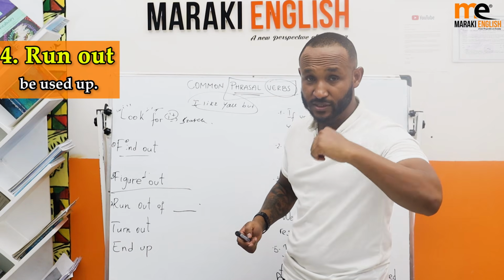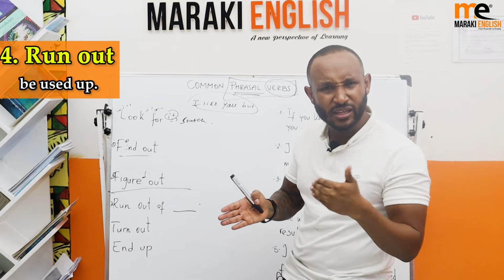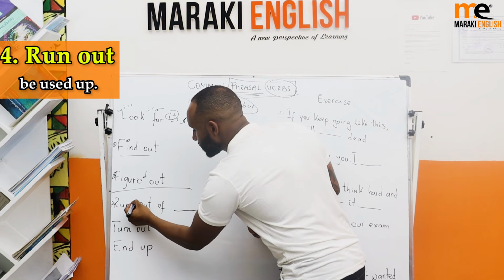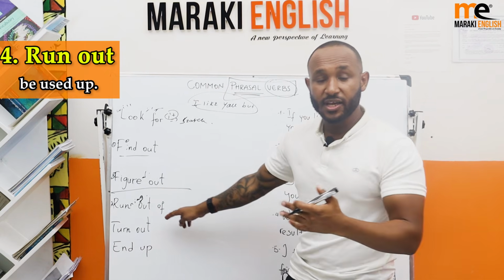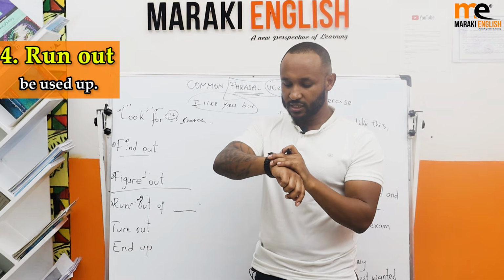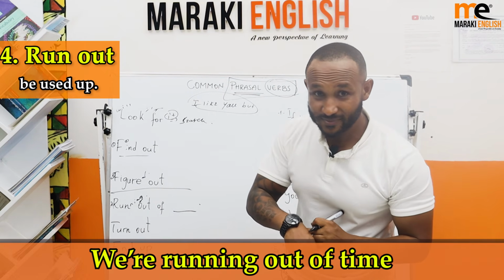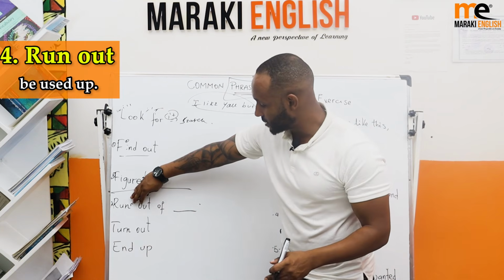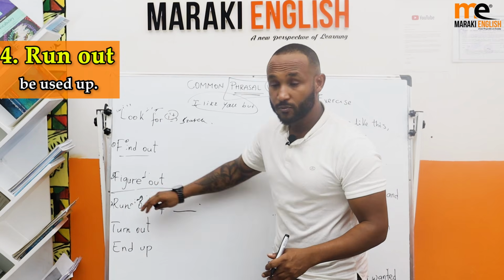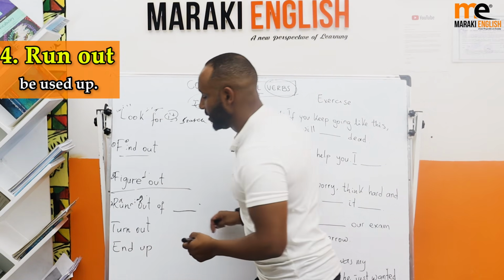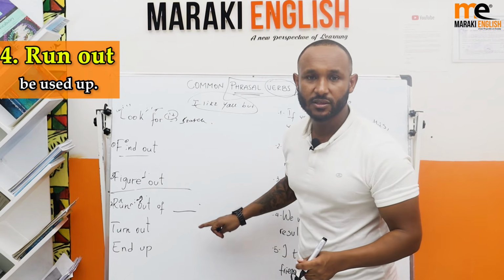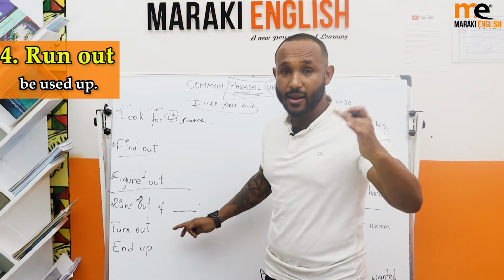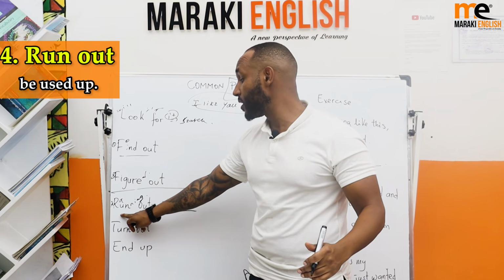If it's present continuous, if you're finishing it, but not all the way, you can say running. I'm running out of something. Oh, look at this. We're running out of time now. Good. Running out of something. Past, run out of something. Okay? Like this, change to N. So ran out of something. I ran out of money. I ran out of this. I ran out of that. So the past of run is ran.